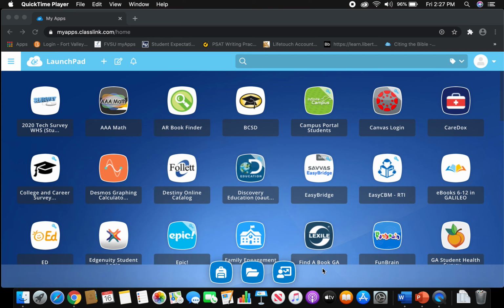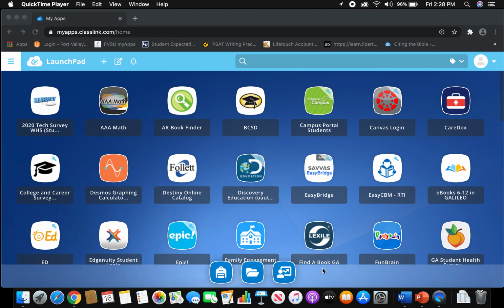With those AR quizzes, we want to make sure that one, you have access to books that are within your reading range, and two, when you read those books and take the quizzes, that you score an 80% or higher. So to make sure that you have a lot of books that you're interested in, to get a really good AR quiz score, I'm going to show you the MyOn app that is located on your ClassLink's